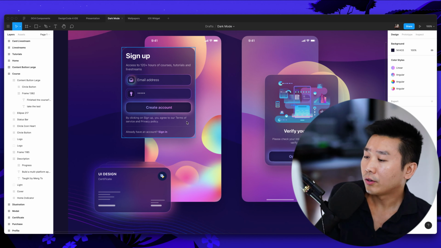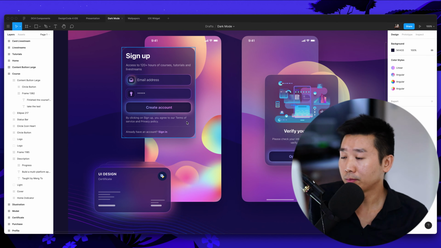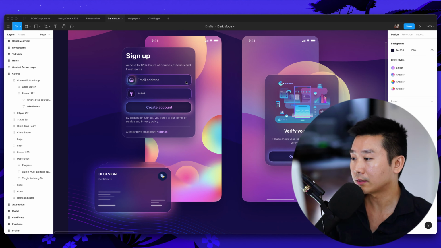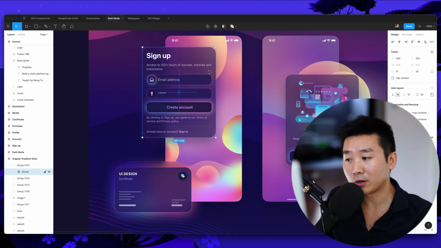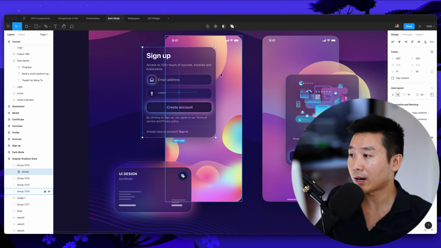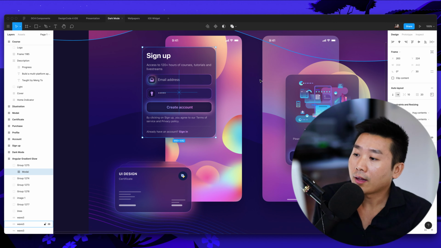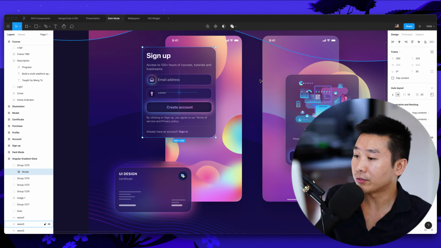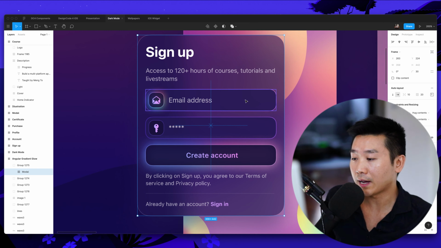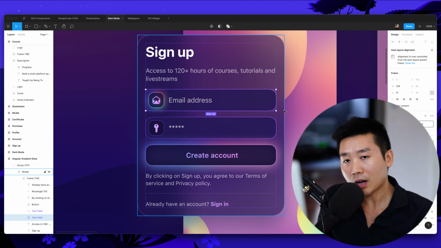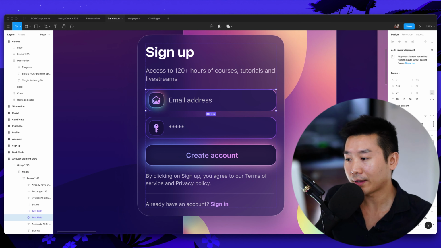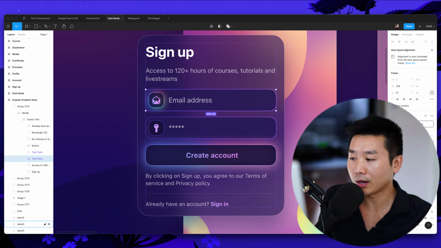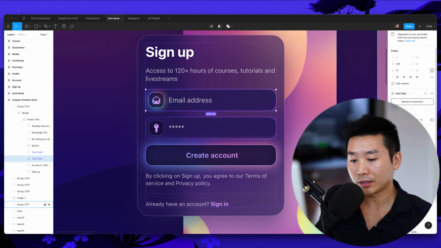What else? I've been talking a lot about Glassmorphism. This is something that I love to experiment with because in iOS we use that pretty much everywhere. And the only difference for me is that I started using the outline more. And this is absolutely optional. You don't need to set that, but I do like to use the outline sometimes to set the separation between, let's say, this input versus the background. So if I remove the outline here,